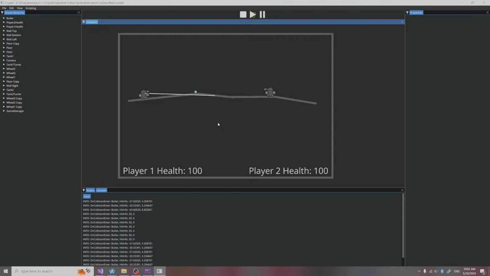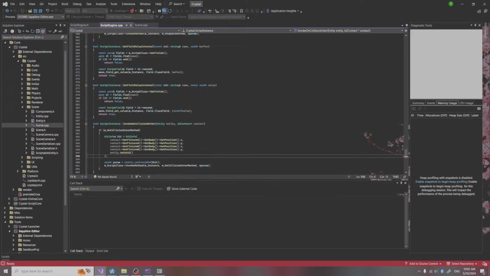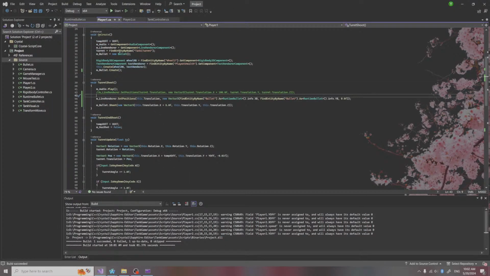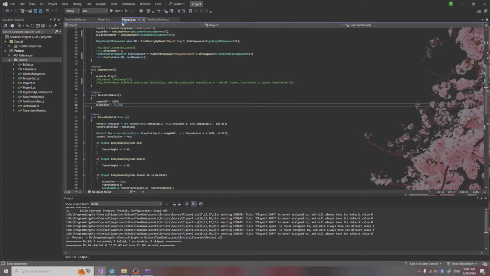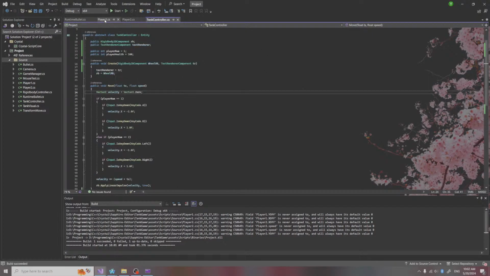It just seems to be very broken. Is it because I'm shooting it too fast or something? I doubt that's the issue, but if I shoot it super slow or something,